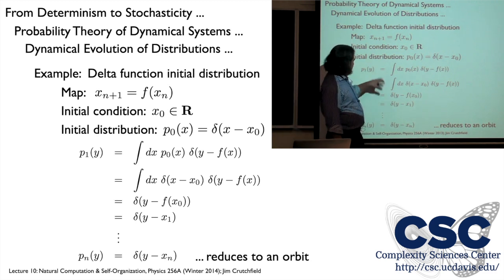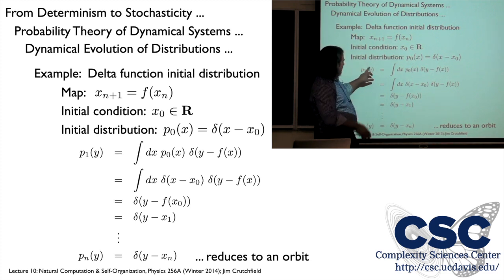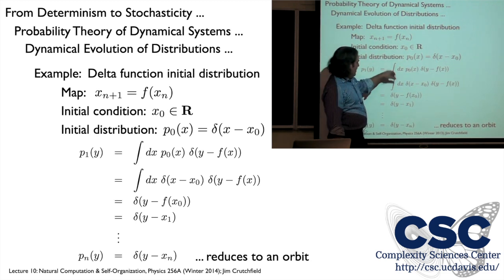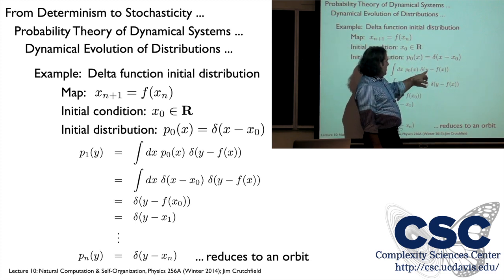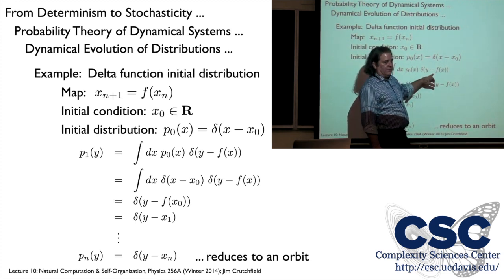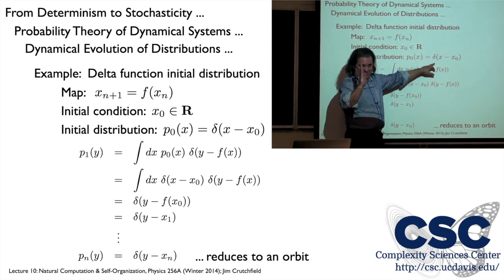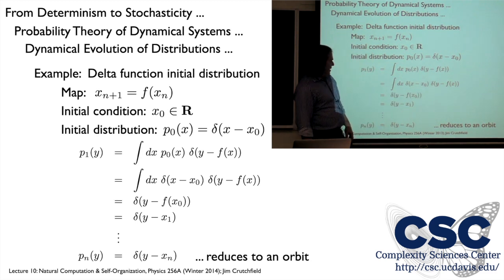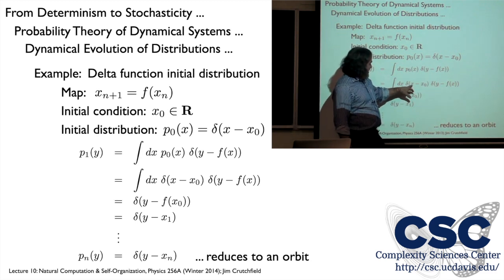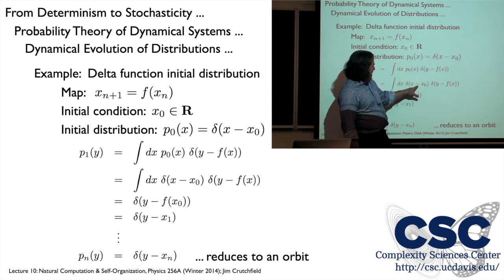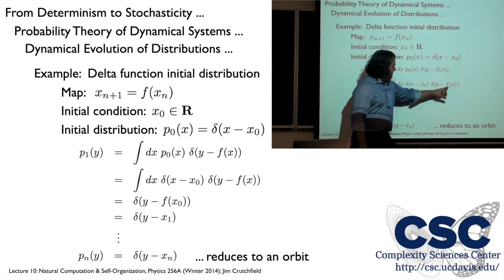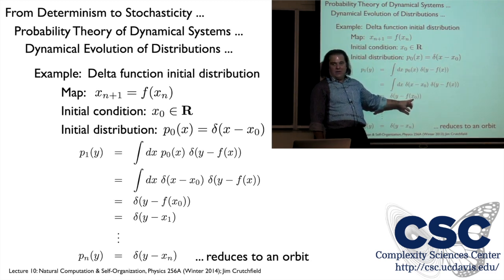Okay, so the rule was the distribution after one step over the range variable y is the integral of the initial distribution times the delta of y minus f of x. Right, it's plugged in for t here. Well, what's our initial distribution? It's just a spike at this one point. And we can remember how delta functions work. This delta function is going to sample the other function where its argument goes to 0. That's where x, the domain variable we're integrating over, is equal to x0. So I just substitute that in there. That's the only value that's going to be contributing.